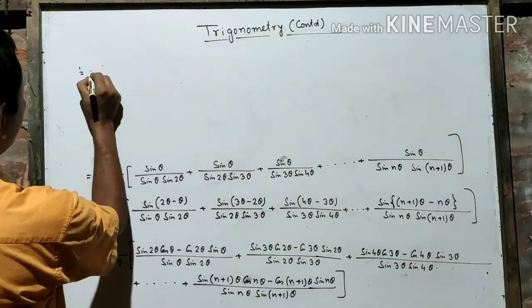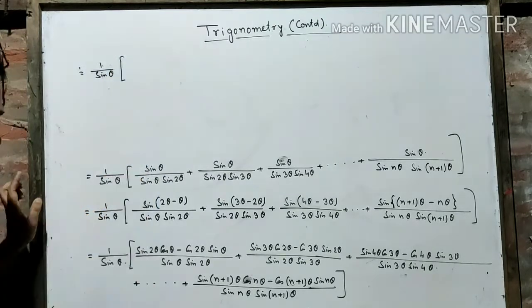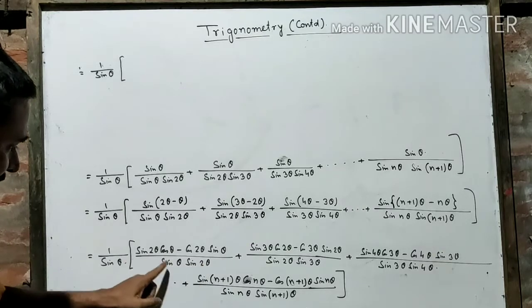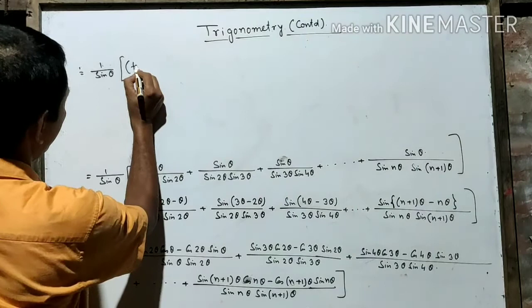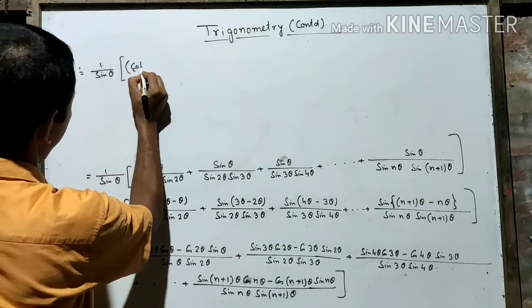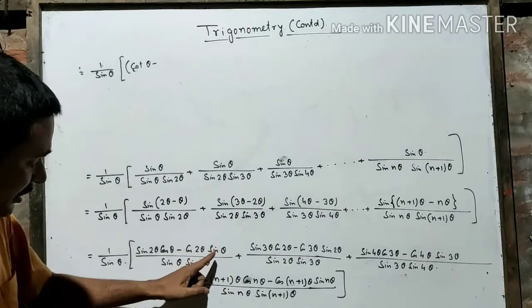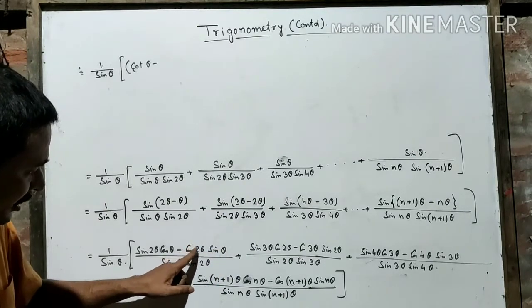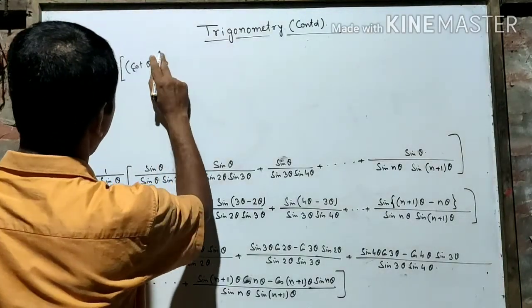So this is equal to 1 by sine theta into sine 2 theta cos theta divided by sine theta sine 2 theta. Sine 2 theta and sine 2 theta will be cancelled. There will be cos theta by sine theta, that is cot theta. Minus here cos 2 theta into sine theta divided by sine theta sine 2 theta. Sine theta will be cancelled, and cos 2 theta by sine theta is cot 2 theta. So minus cot